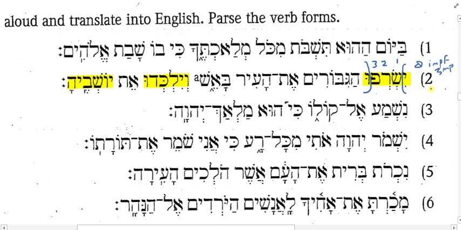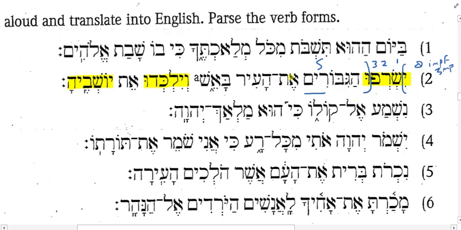3MP. Okay? So the subject is either "they," or it is a plural noun that is explicit. Do I have a masculine plural noun that's explicit in my sentence? Well, I have giborim here, don't I? Ha-giborim. So very likely the subject. Let's make that the subject right now. Ha-giborim is "the warriors," and then it's Qal imperfect 3MP. I'm going to go ahead and try the future for my translation. The warriors will saraf. What is saraf? They will burn. The warriors will burn something.